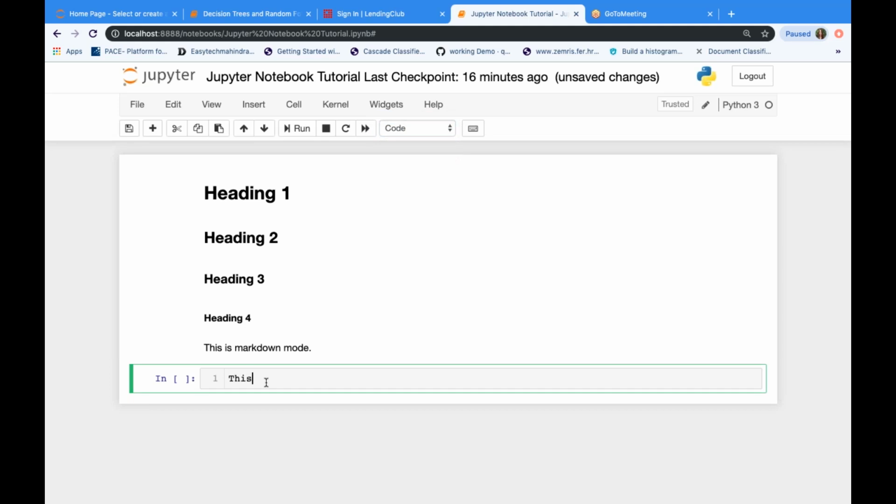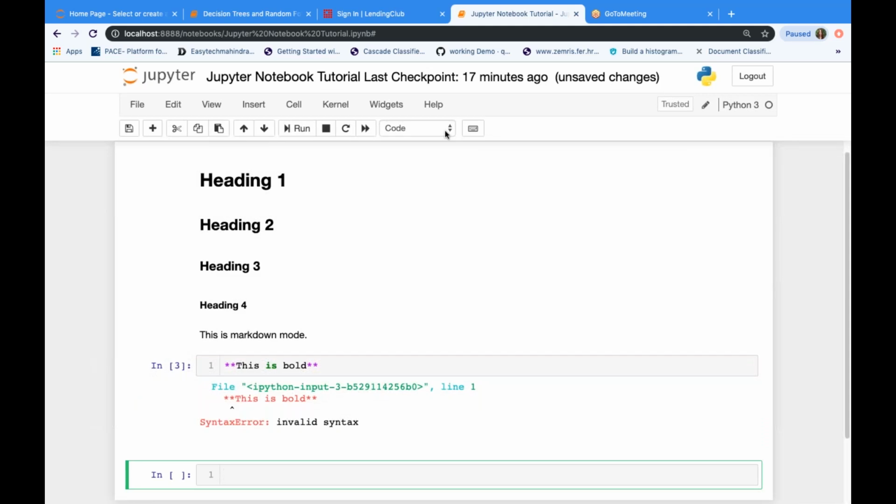Let's say this is bold, right? And I just need to type star star and then here star star. If I run this, I'm getting an error because it is in code mode. It is expecting Python syntax, right? I need to change it to Markdown. Now if I run this,